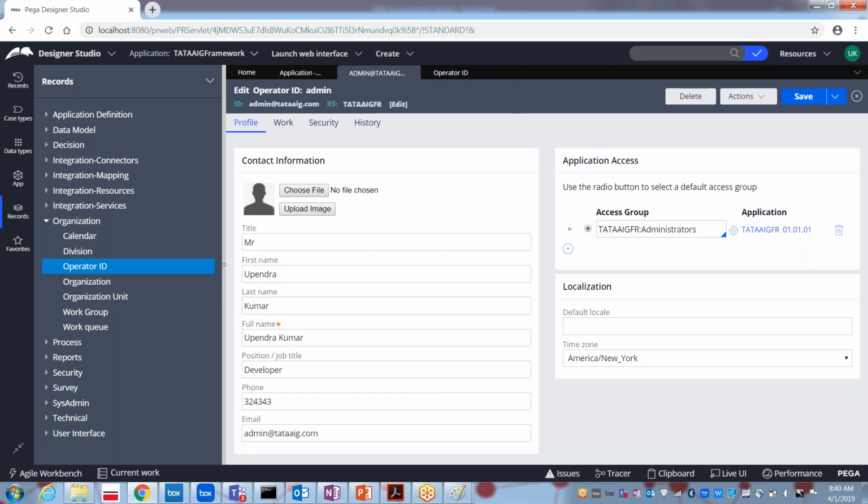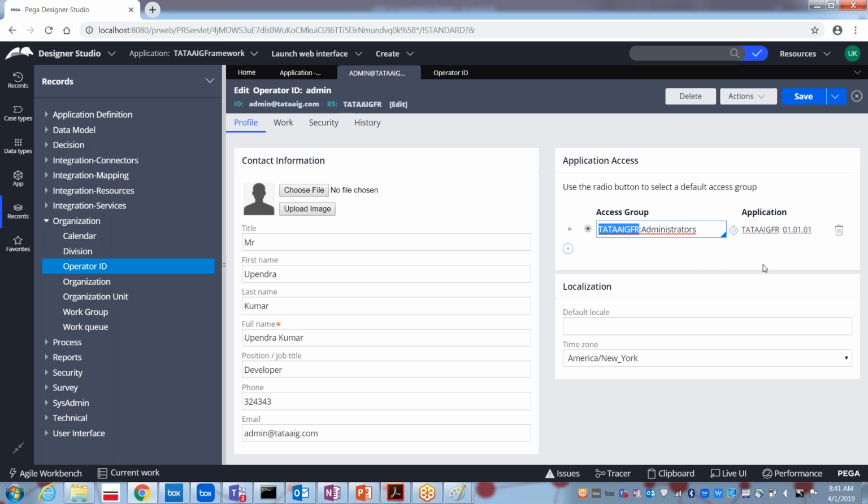Okay, like this. And after that, I already told about the profile settings and again the access group. So what is this access group? The access group identifies the application on which this operator has to work, and also the roles and responsibilities of this operator. All those things you can specify under the access group. So what does the access group have? It always has two parts.